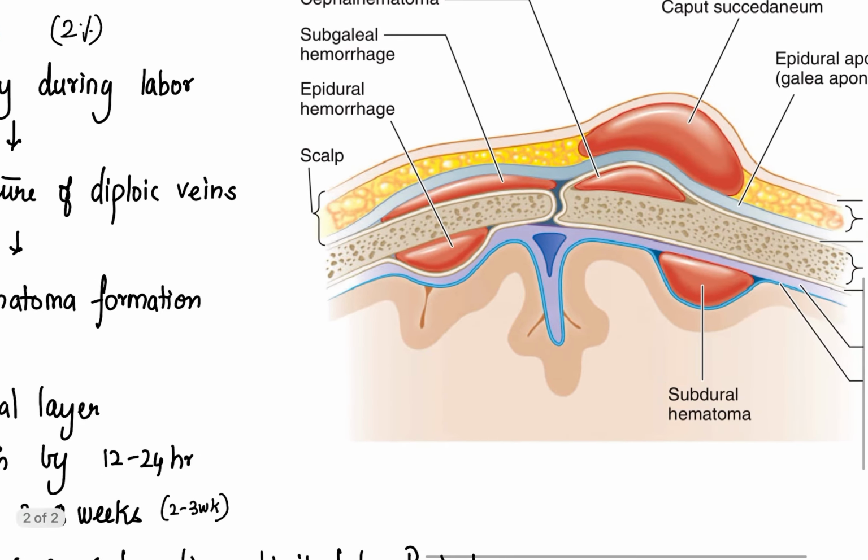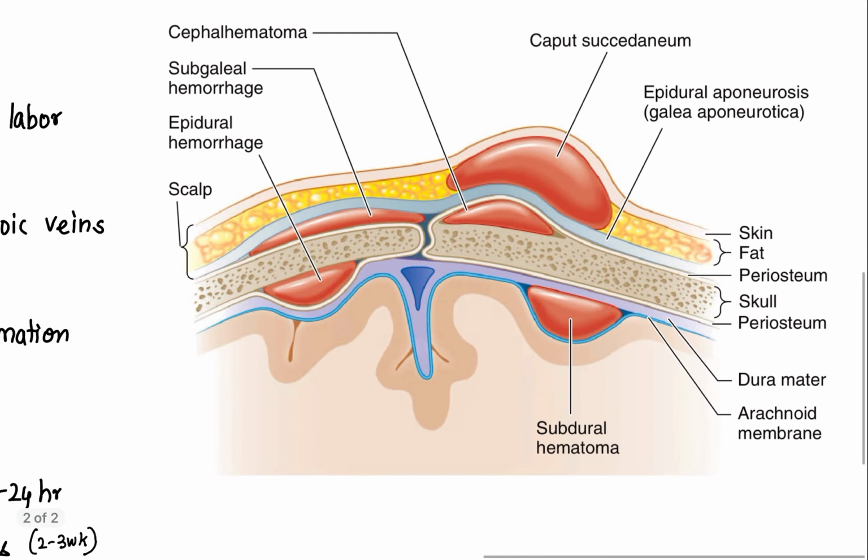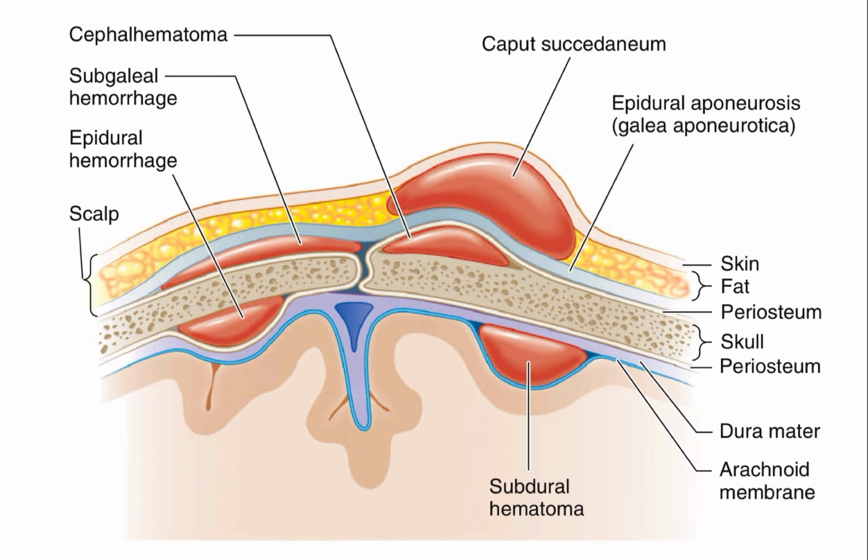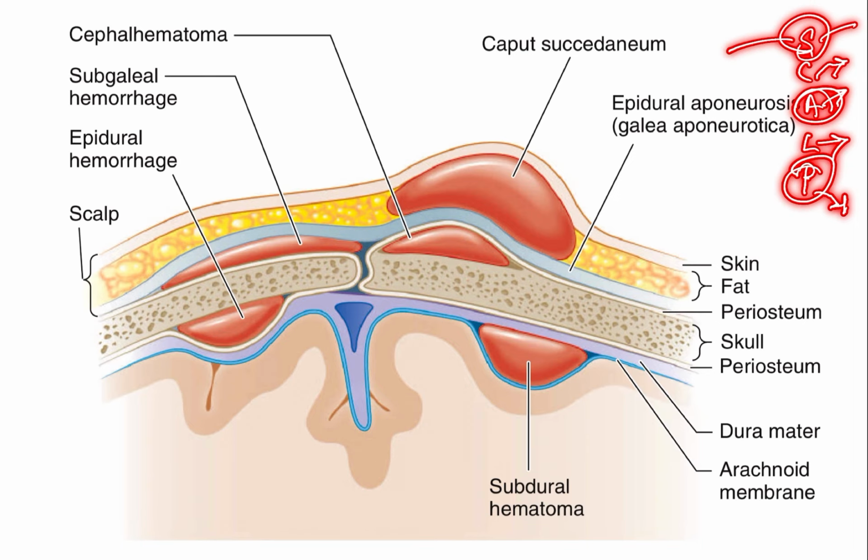What about cephalhematoma? Before we go into that, look at this picture. This picture is sometimes asked in your theory exams. They ask you to draw the different layers of scalp and different hemorrhages that happen in different layers of scalp. So layers of scalp you can remember easily by the mnemonic SCALP itself. So S is skin, C is your connective tissue, A is your aponeurosis, L is loose areolar tissue, P is your periosteum. So if you cannot remember everything, just remember S, A and P. Okay, so skin, your aponeurosis and your periosteum.